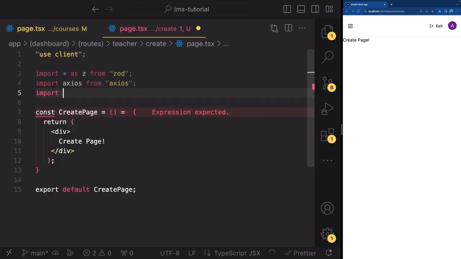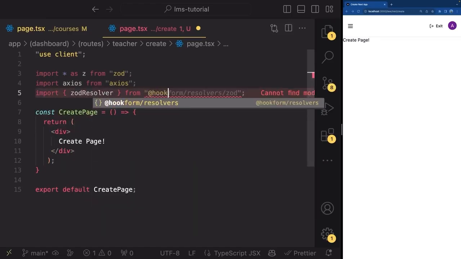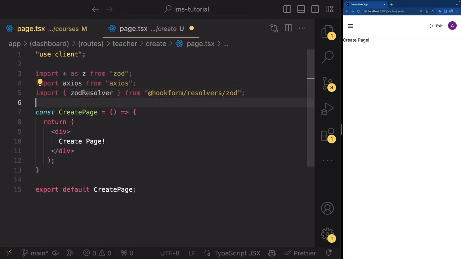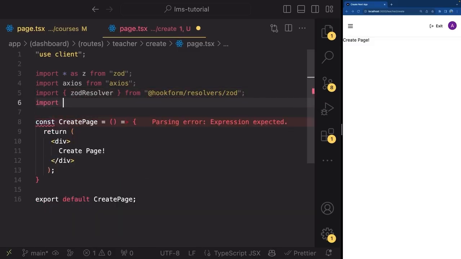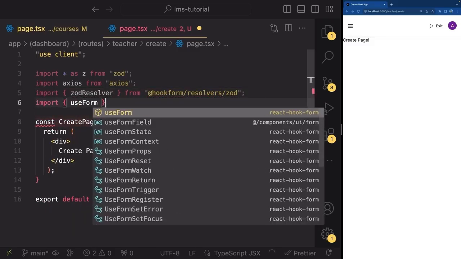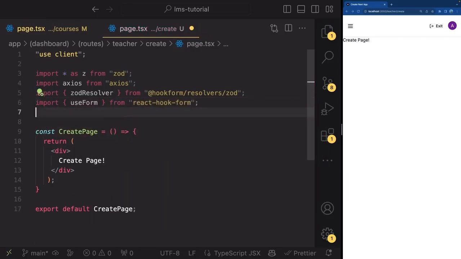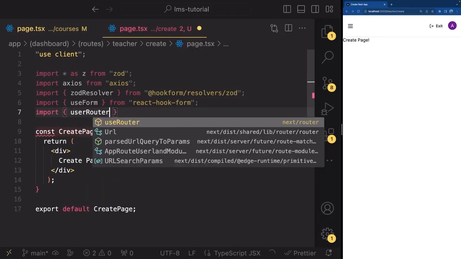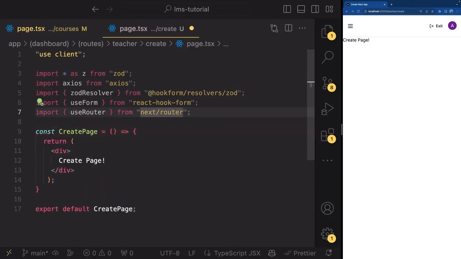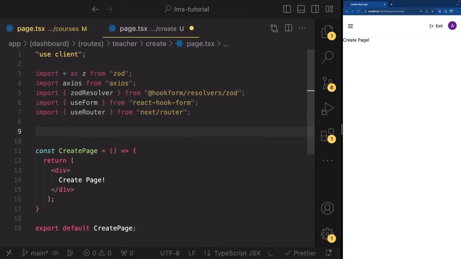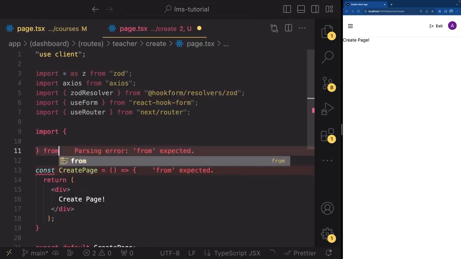Great. Let's import zodResolver from @hookform/resolvers/zod like this. Let's import useForm from react-hook-form like that. And let's also add import useRouter from next/router because we are going to need it later. Now let's import all the form elements that we're going to need from ShadCN UI. So go ahead and import from